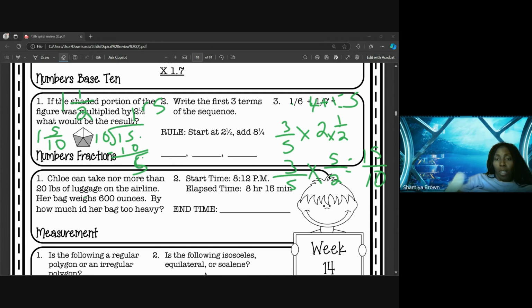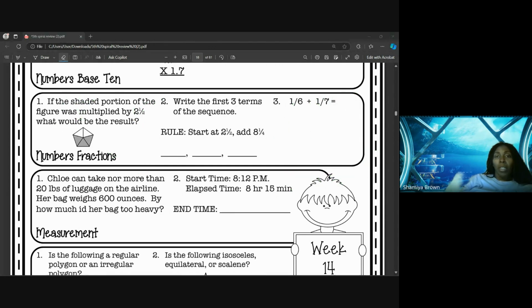Okay. Number 2 says write the first 3 terms of the sequence. They give us the rule. They let us know that it starts at 2.5. Starts at 2.5. And if I add 8 1/4 to 2.5, I know I have to find my common denominator